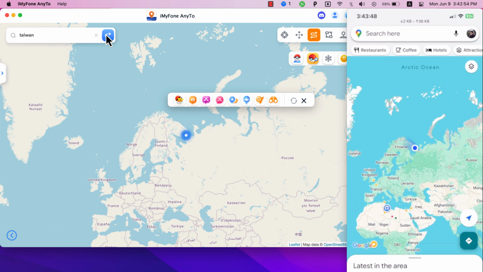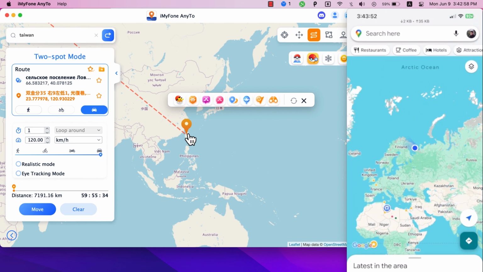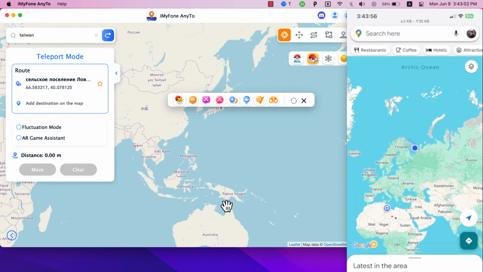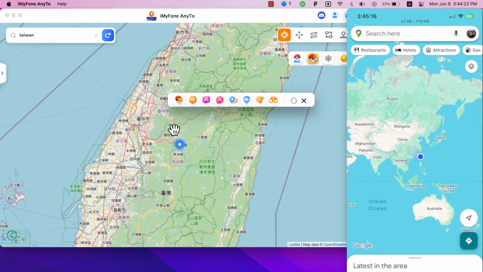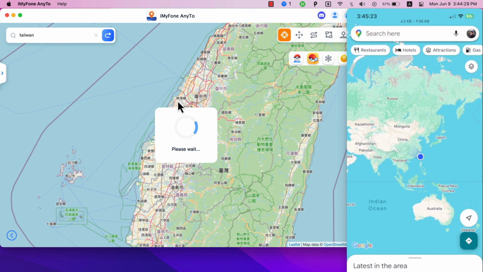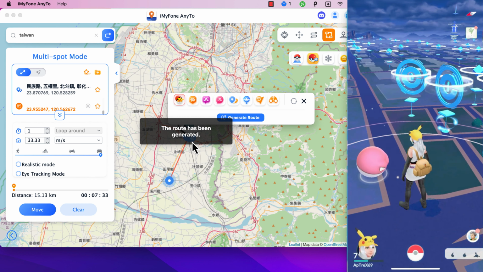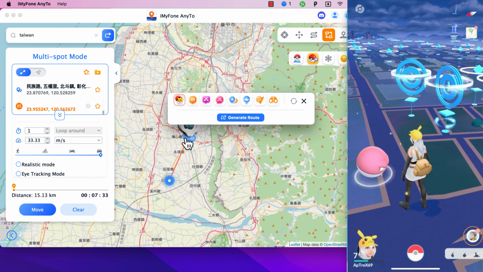The Pokemon Go Scanner feature literally finds you hundreds of Pokemon while spoofing your current location on any iOS device. So guys, the best location to find Pokemons is to go to Taiwan, so make sure to teleport to this location. Now if we go and click on this Pokemon Scanner option, you will be able to see all of the Pokemons that are available in your location. Just click generate route and boom,